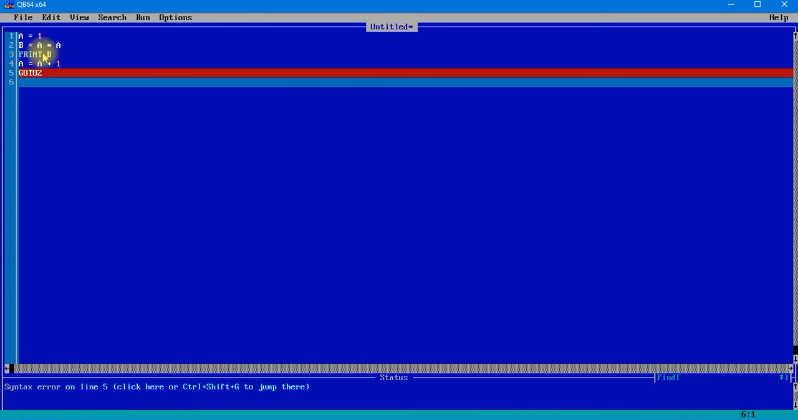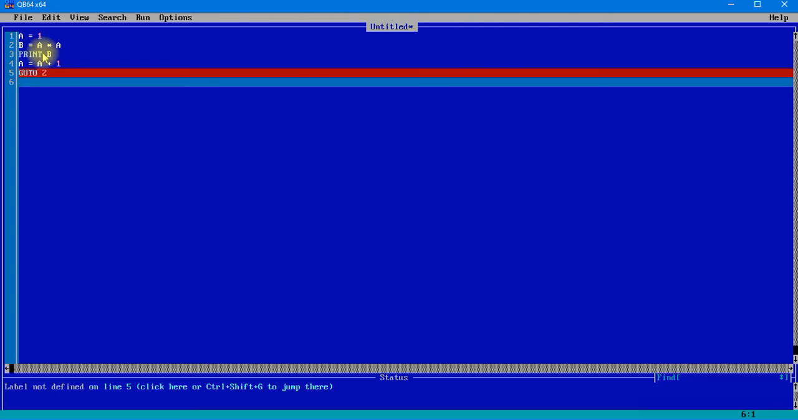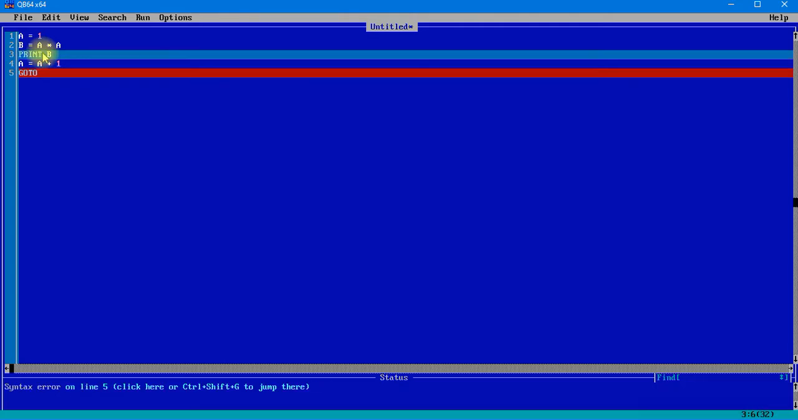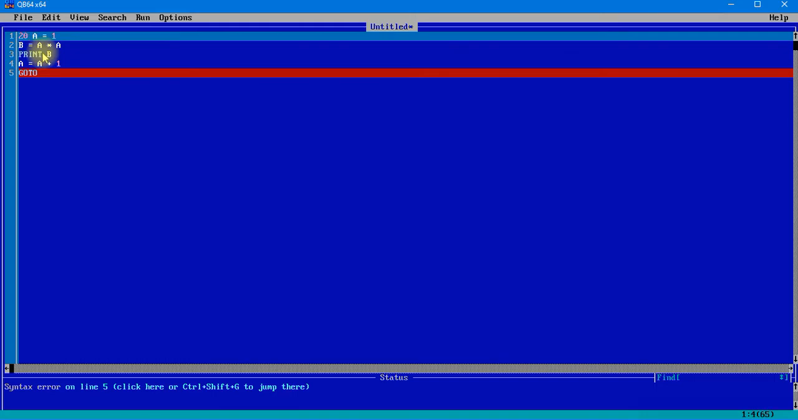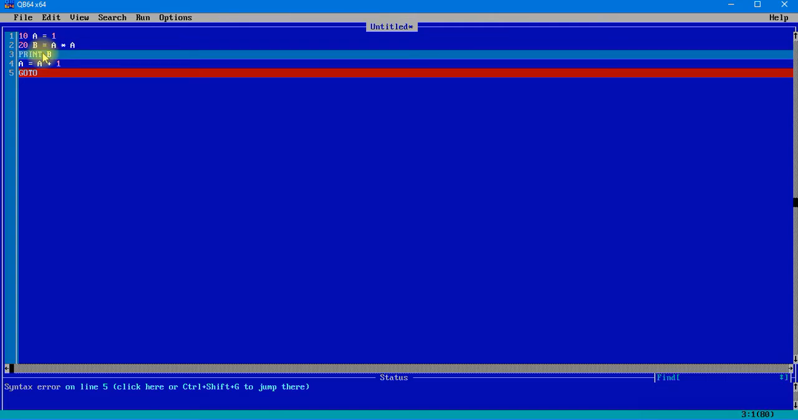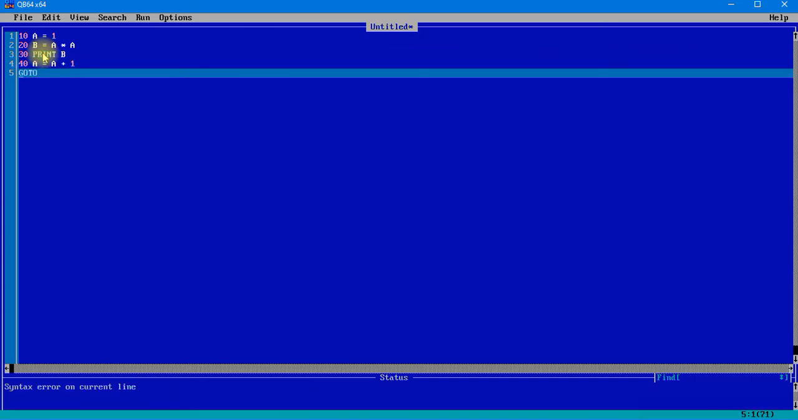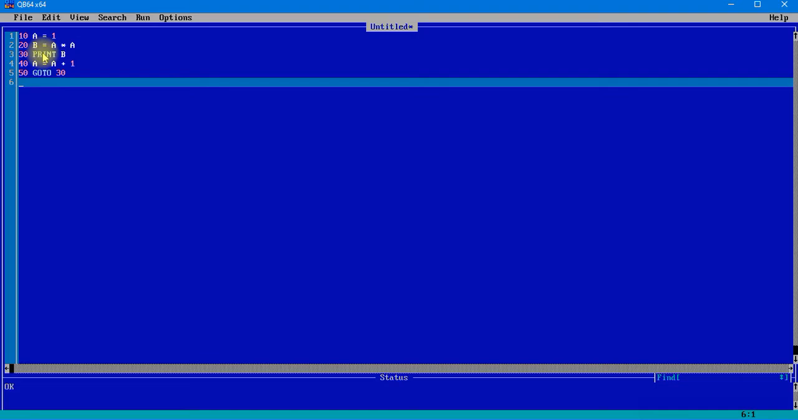Okay, it is showing an error, syntax error line 5. It is not taking the line number. Let me specify the line numbers, it will be much easier. 10, 20, 30, 40, 50, go to 20, sorry, 30,